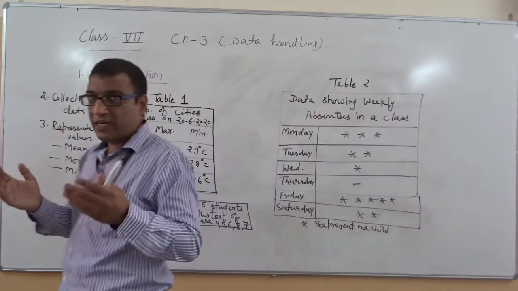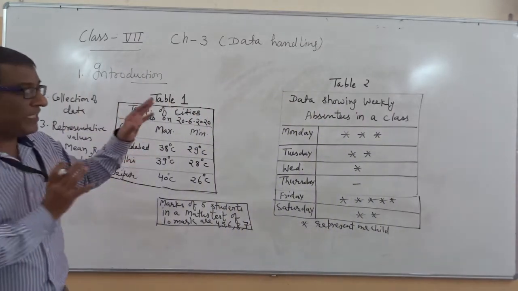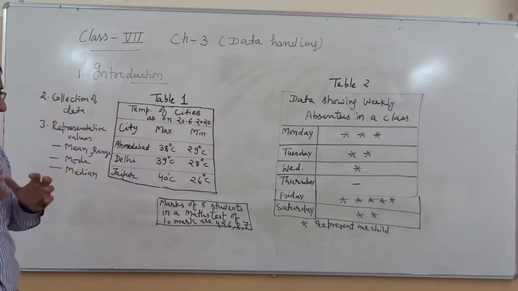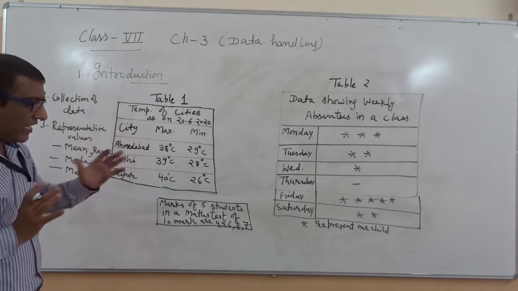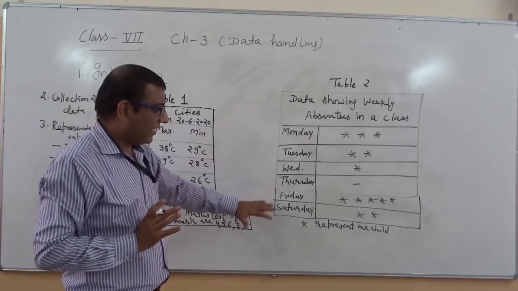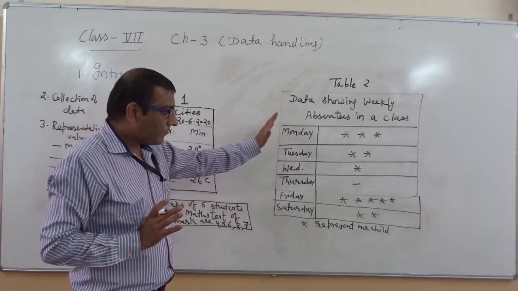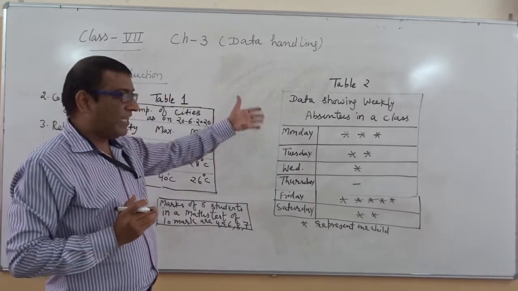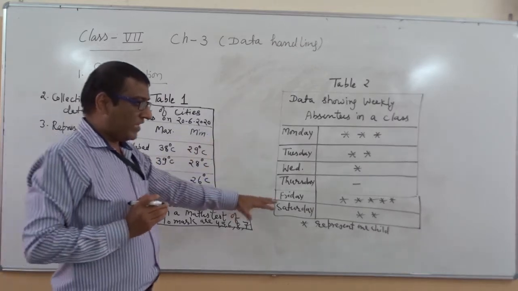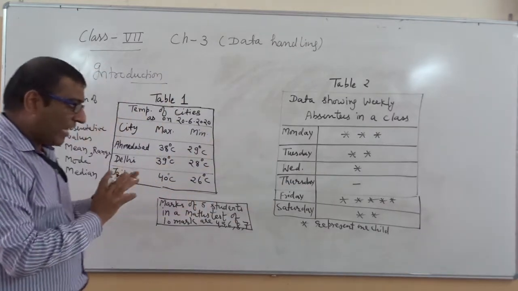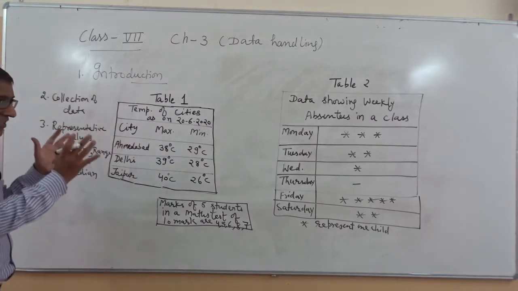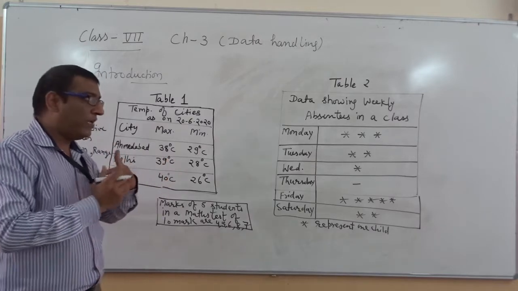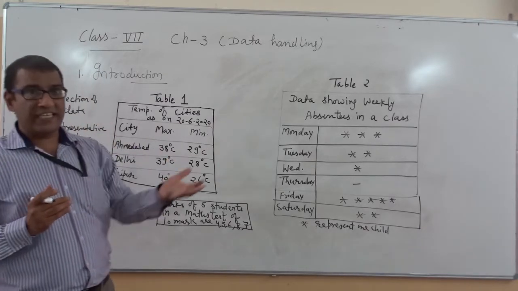How can you show it so that the other person, when they see these things, will easily learn something from them. Okay, so if you see the table, it is very easy for all of us. If you see this table, here it is related with the presence of the students. On Monday, 3 students were present. On Saturday, 2 students were present. So with the help of this table, with the help of this collection, with the help of this data, we can easily identify, or we can tell someone very easily.